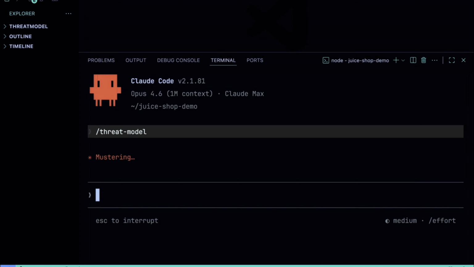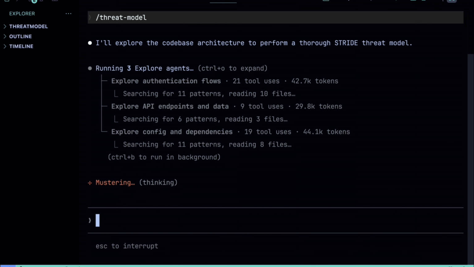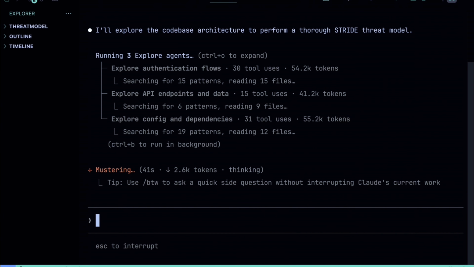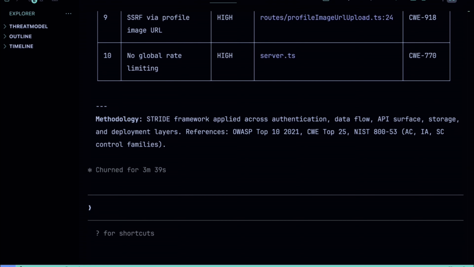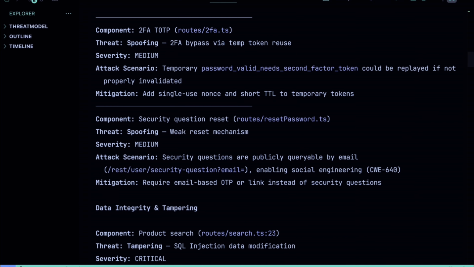All right, let's initiate Claude Code again and start. Look at this. It's reading through the code base, identifying components, and we'll let it run. It might take a few minutes to run fully. All right, there it is. It took about 3 minutes, 39 seconds to run fully, and it was able to identify all the affected vulnerabilities